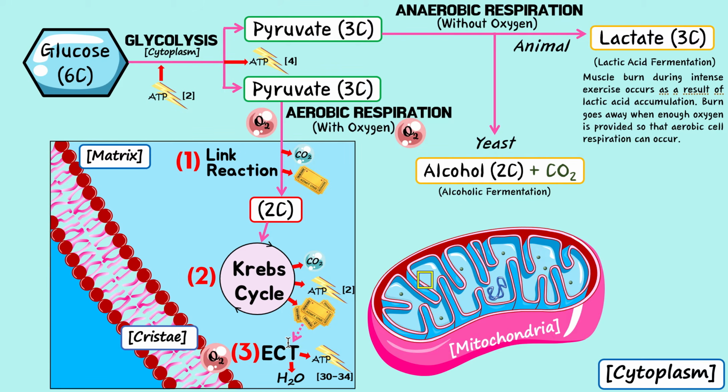Now, this step is crazy because it produces, look, 30 to 34 ATPs. Where do these ATPs come from? They come from these tickets. These tickets that build up from the link reaction and the Krebs cycle will all go to these membranes and do this last step with the electron transport chain. Essentially, they're like those arcade tickets. They go to this little membrane, they go to this electron transport chain, and they trade themselves in to become ATPs. They want this final prize, which is ATP. So in exchange for giving these little arcade tickets, we get ATP.